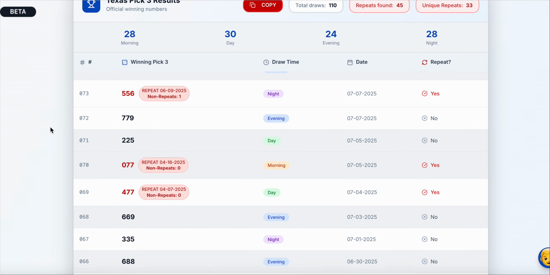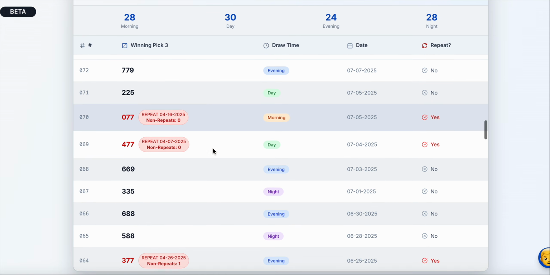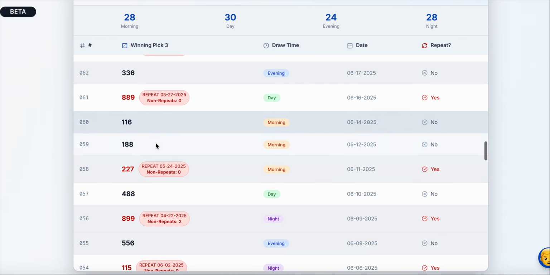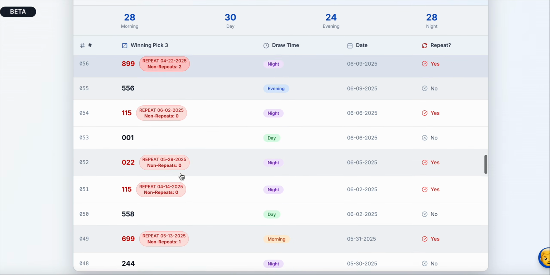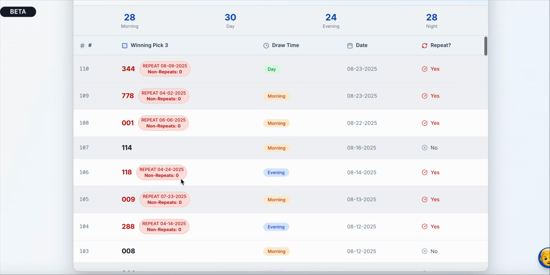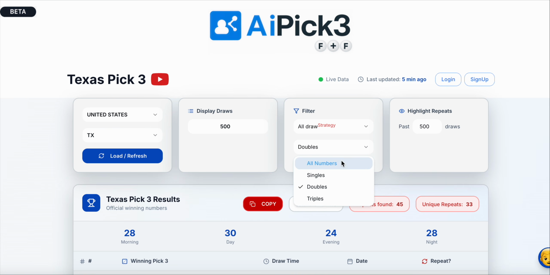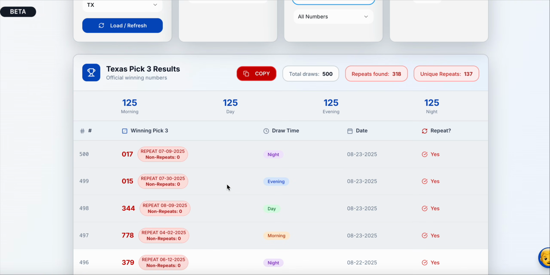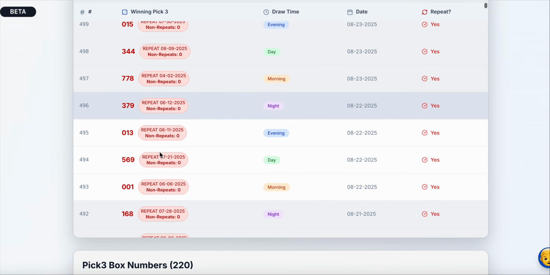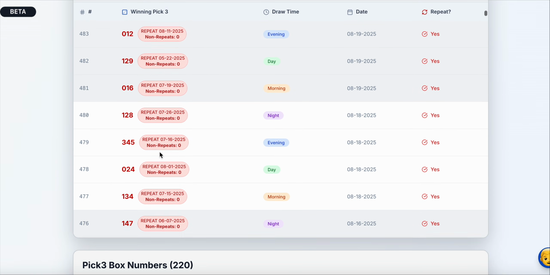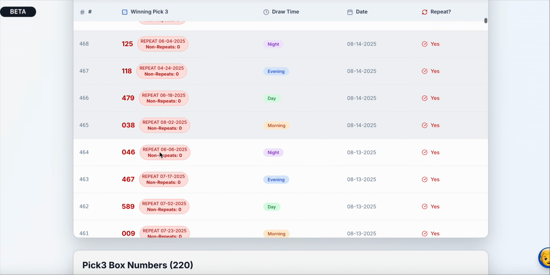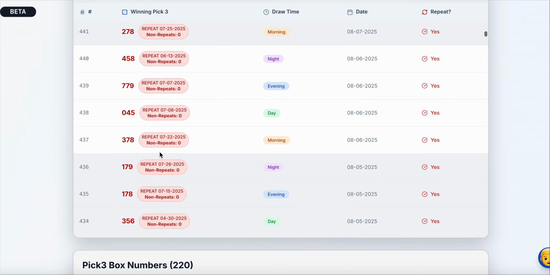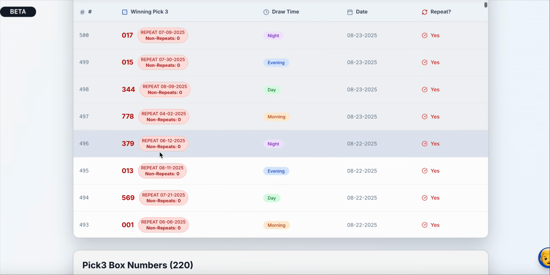Look at that. Remember how they were before? Look at this. You have more non-repeat gaps. See that? Gaps. You have more non-repeat gaps coming out, okay? Look what happens when you were playing with all and here with all. Look how many, 500 draws, how the numbers repeat constantly. You could hardly win with this. You could hardly determine when the next non-repeat number is going to come out, okay?